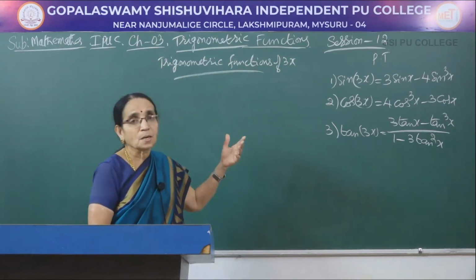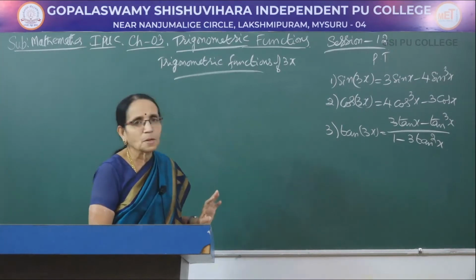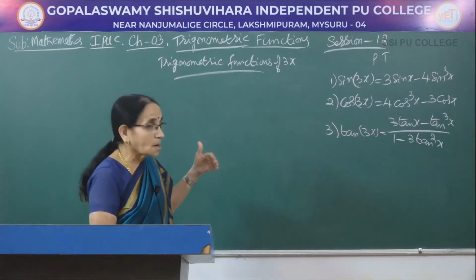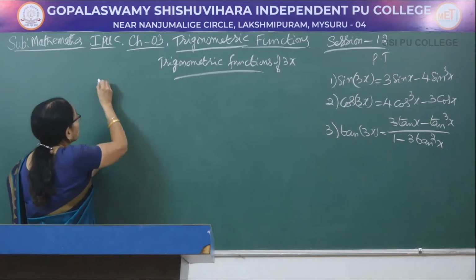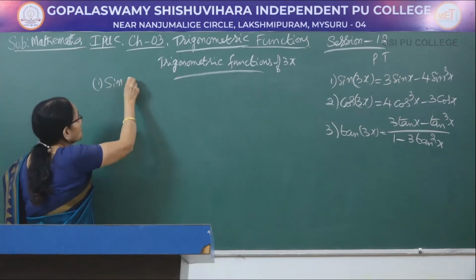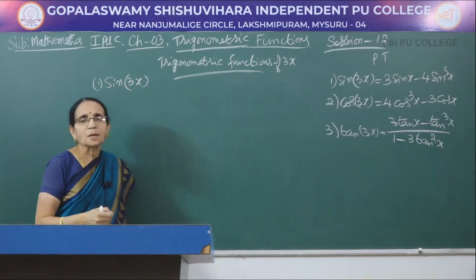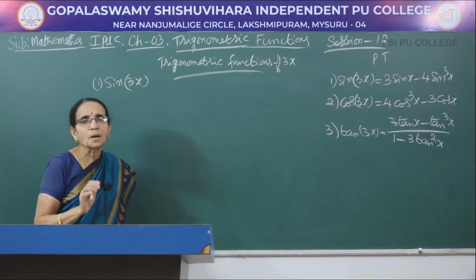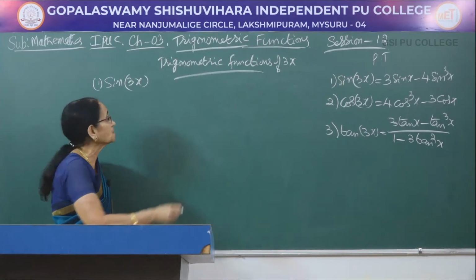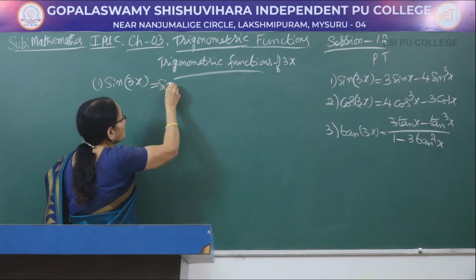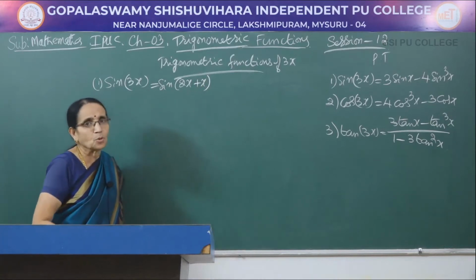Usually the one which I derived in the previous session for angle 2x is a 2-mark question. This can be expected for a 3-mark question because it carries more steps here. Now let me start with the first one, sin of 3x. Now see, using the compound angle formula sin of x plus y, taking y to be equal to x, I got the value sin of 2x. Now I am splitting this angle 3x as a sum of two angles, that is sin of 2x plus x, or you can write x plus 2x also.